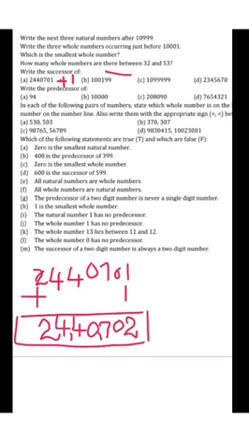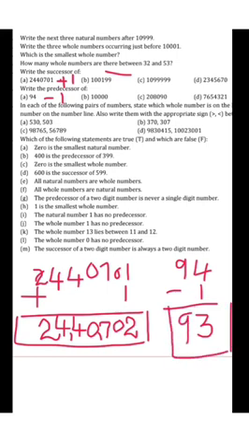Okay, now let's begin with the predecessor. Predecessor means the number before, or you can subtract 1 from the given number. So let's do that. 94 minus 1. So 4 minus 1, 3, and this 9. So this 93 is the predecessor of 94, or you can consider it as 93 is the number before 94. Similarly, from each and every number you will subtract 1, and you will get the answer.